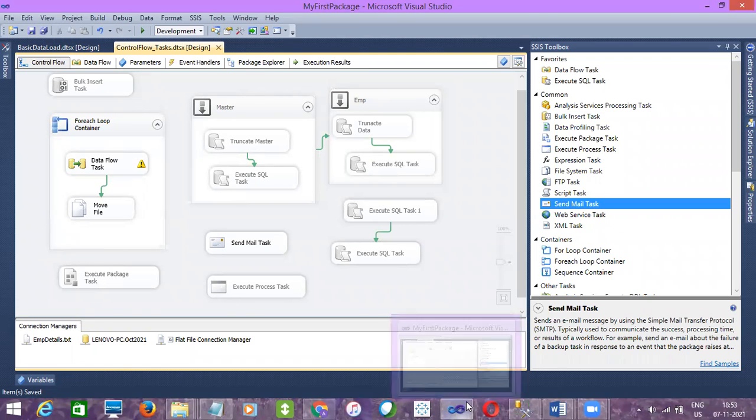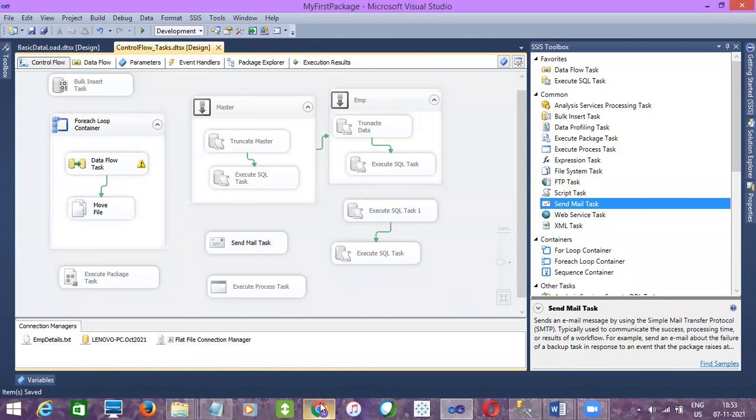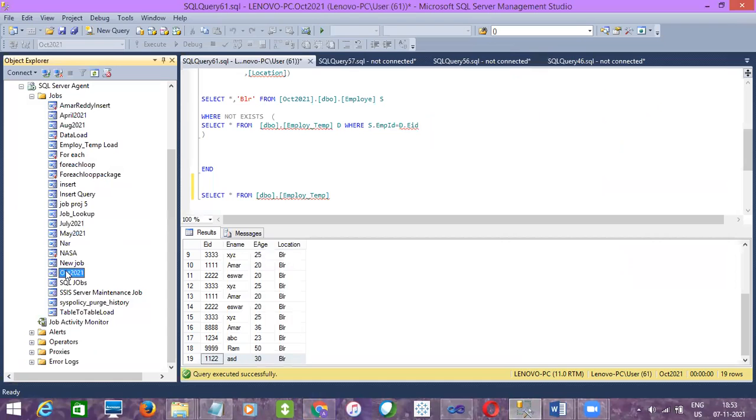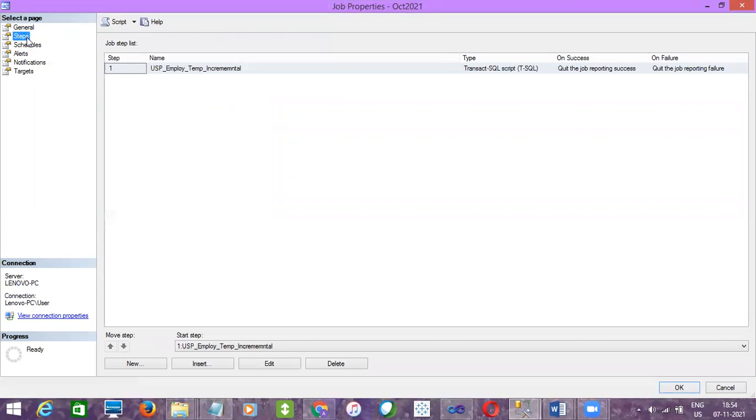Open the job, double click on it or right click and go to properties, then go to steps. Either you can create a new job or you can call this package within the same job by adding one more step.